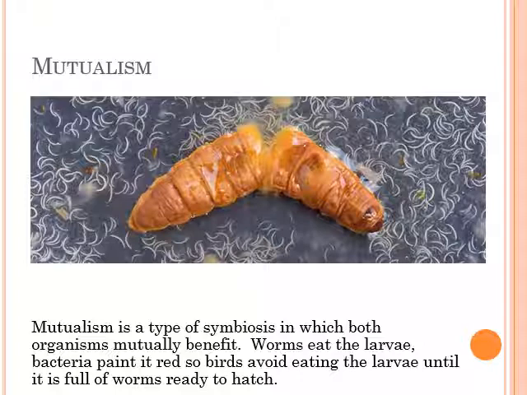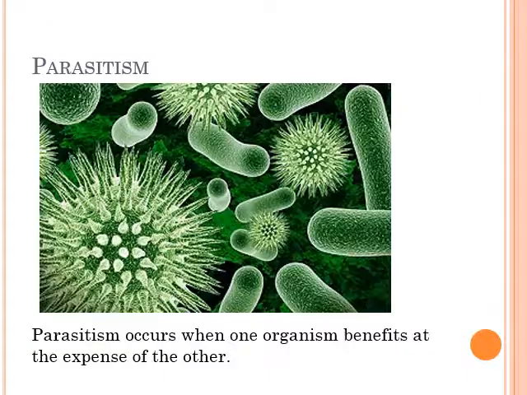Now inside the bird are these worms that lay their eggs that go out through the bird's feces to infect more larvae. So it's a mutual relationship. The worms provide a location and food for the bacteria to grow. The bacteria provide a beacon to help the worms continue their life cycle. And you have parasitism. Parasitism is when one organism benefits at the expense of another. And that's what you may think of when you typically think of bacterial infections. Most bacterial infections you get are not beneficial to you, except when you get to stay home from school. Then I guess it's mutualistic.